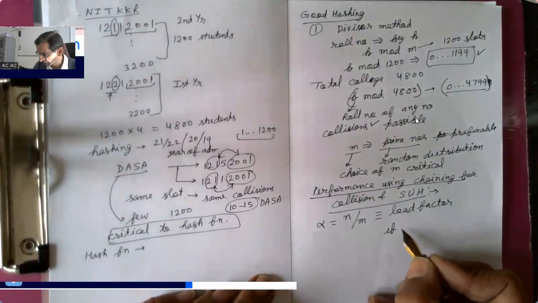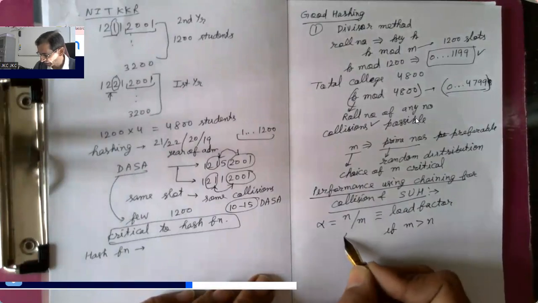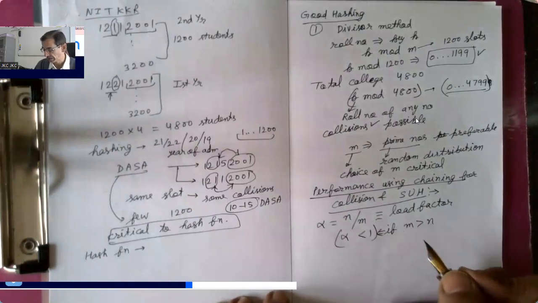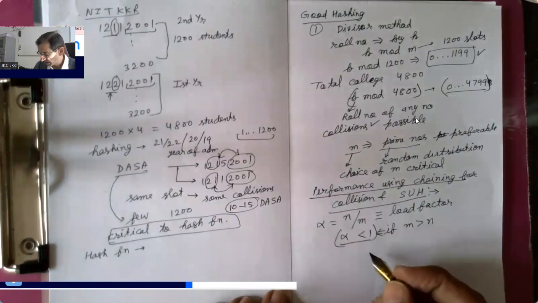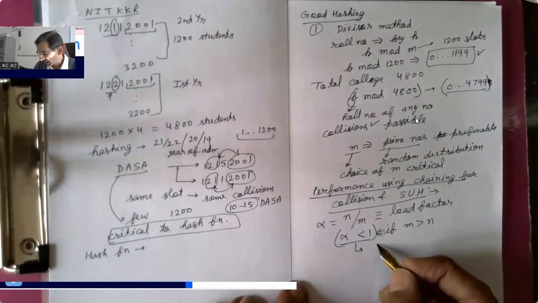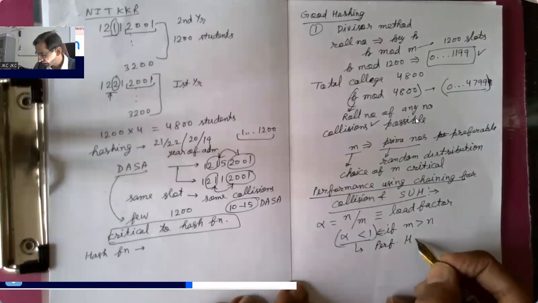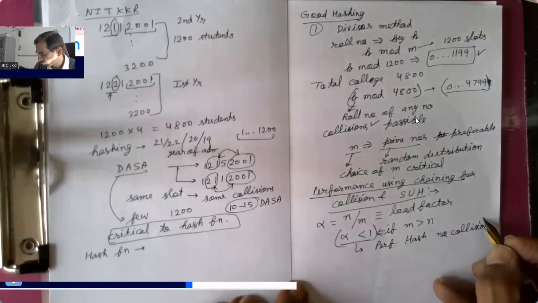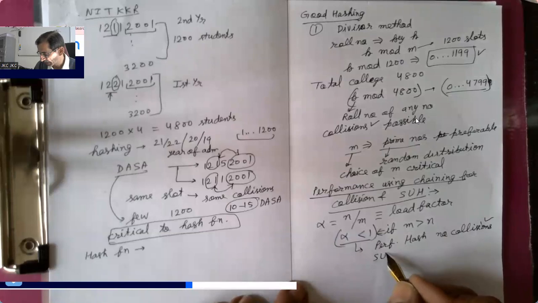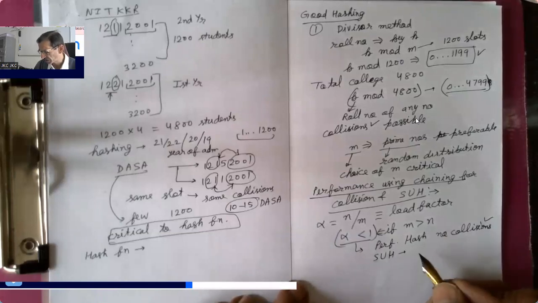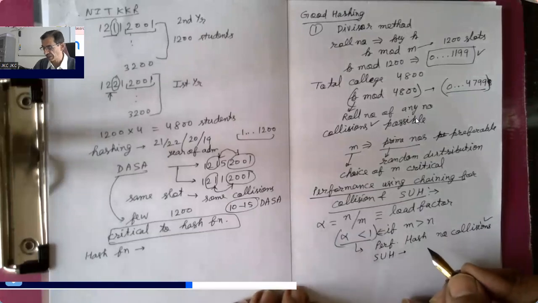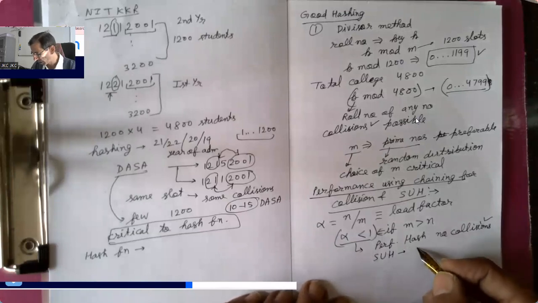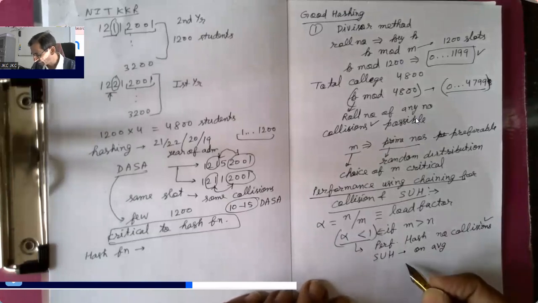Now, if m is more than n, alpha is going to be obviously less than 1. I have more slots than number of values. So alpha less than 1, and this is the ideal situation. Had there been perfect hashing, I would have effectively no collision, and because slots are sufficient, no collision would be guaranteed. If I have simple uniform hashing, minimum collisions will happen because slots are sufficient and random distribution is possible, but still sometimes they can happen. So on average, I can say my chain length